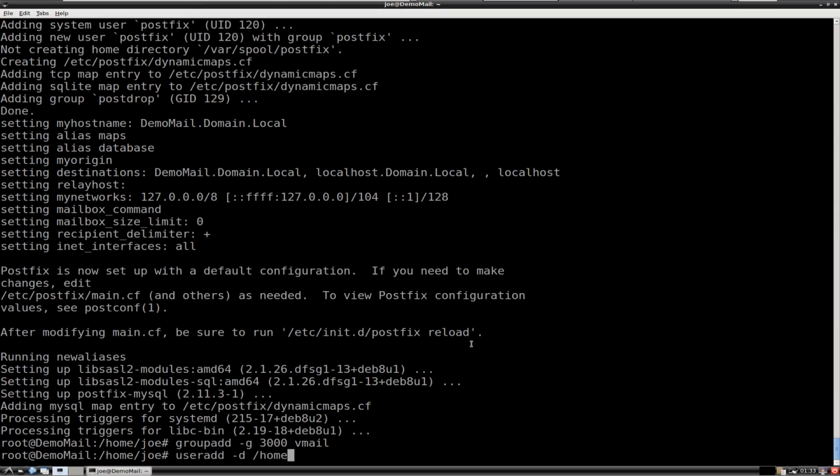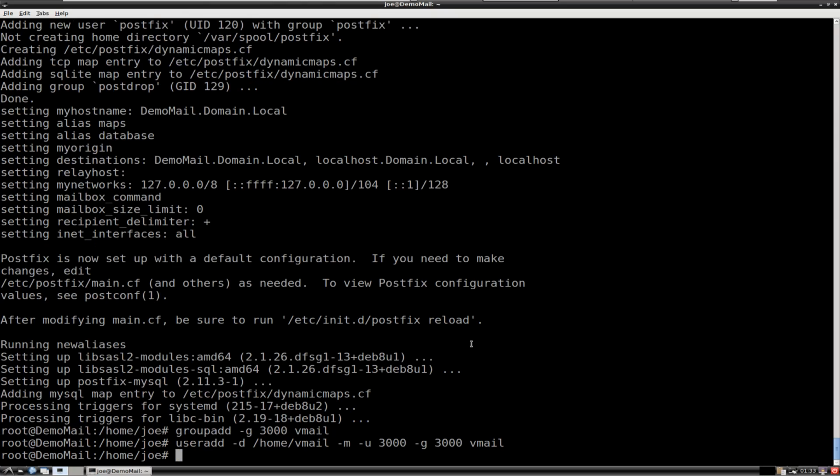/home/vmail -u 3000 -g 3000 vmail. So this should create a user and a group,